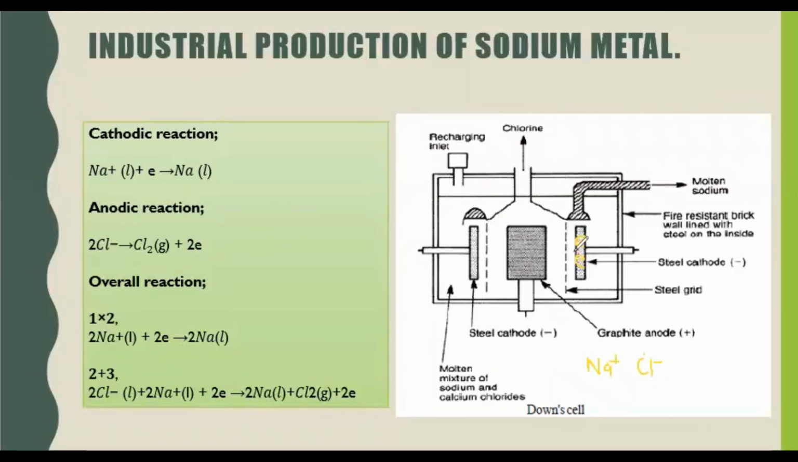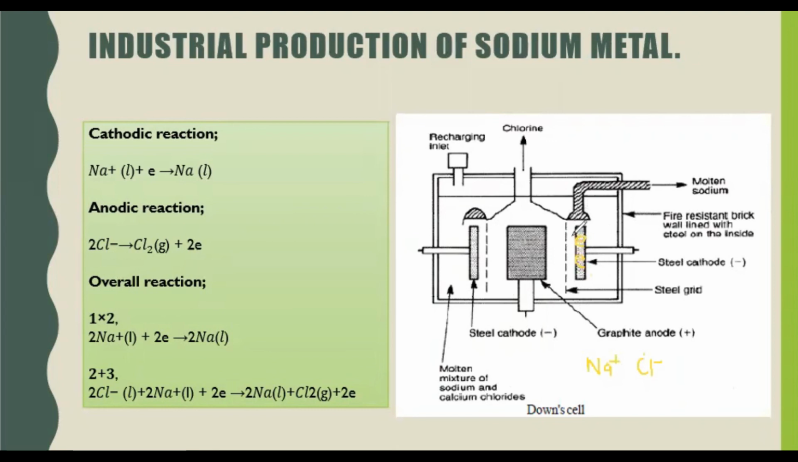You can see here they have used the steel grid in between the anode and the cathode. Why have they used the steel grid in between these two? The reason is that here we are using fused sodium chloride, so Cl minus ions will be here and sodium plus ions will be here. If we don't put this steel grid in between, what happens? These two will again come together, combine and form sodium chloride. To prevent the combination of sodium plus ions and Cl minus ions, we are using a steel grid